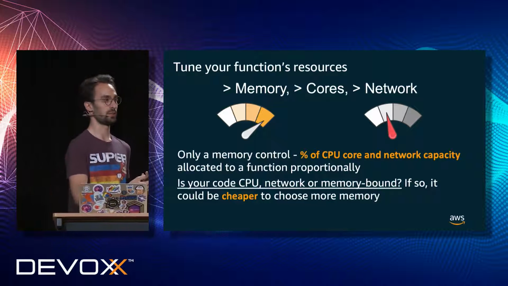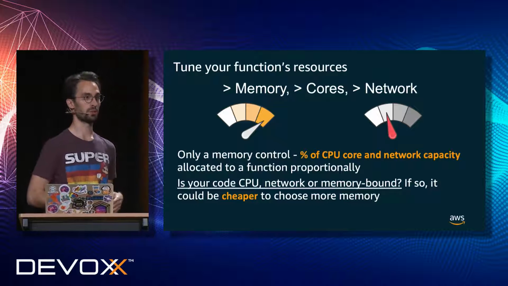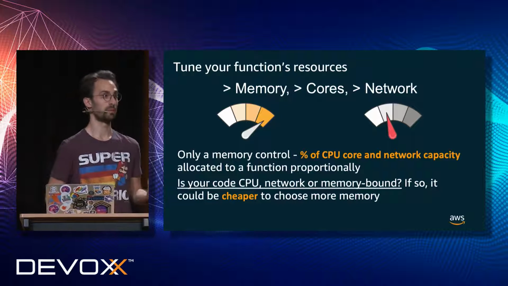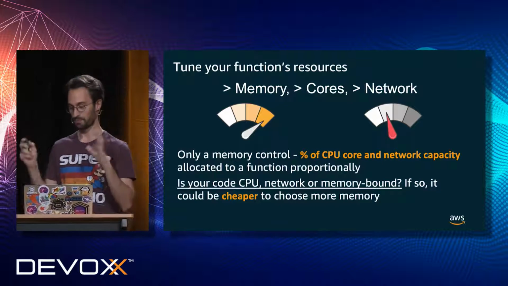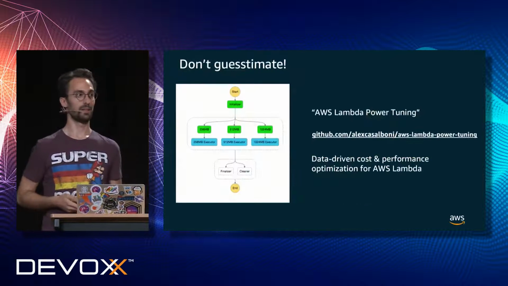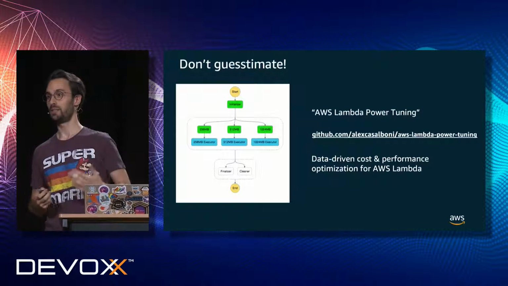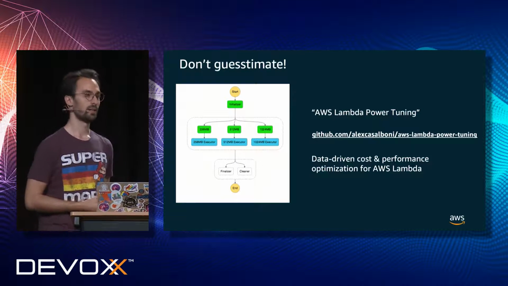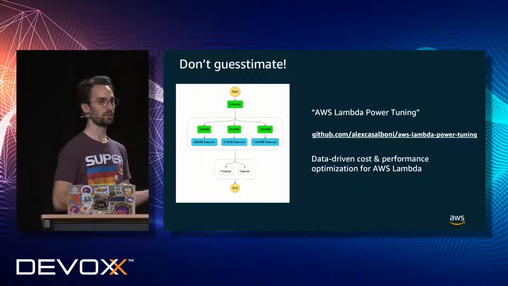Typical instances, if you want it to run faster, give it more resources, and it becomes more expensive, because you pay by the hour anyway. Anyway, a lot of people try to guesstimate or randomly estimate their resource, their power allocation, and that's why